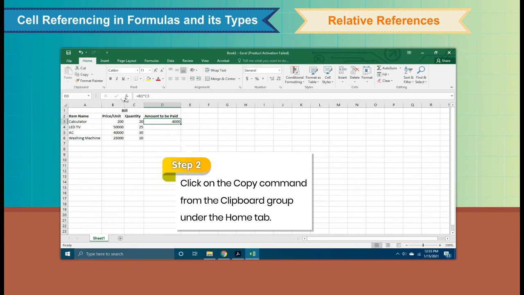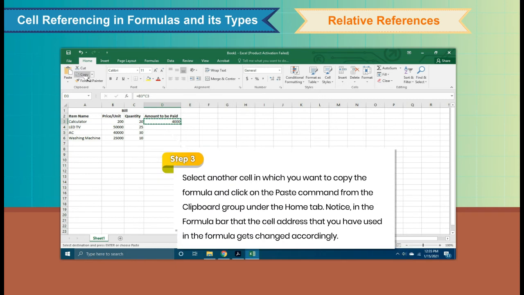Click on the Copy command from the Clipboard group under the Home tab. Step 3. Select another cell in which you want to copy the formula and click on the Paste command from the Clipboard group under the Home tab. Notice in the formula bar that the cell address that you have used in the formula gets changed accordingly.